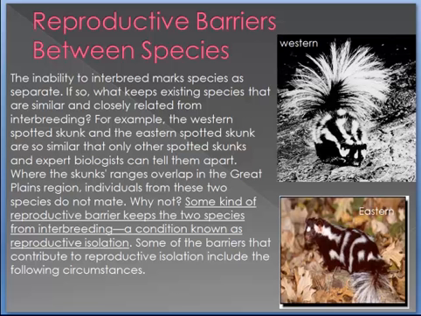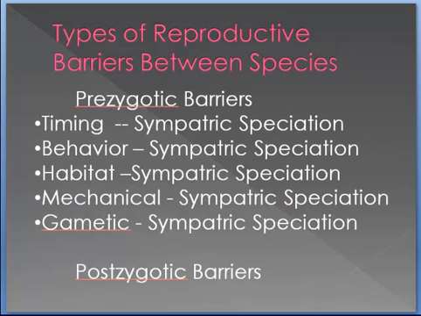Where the skunks' ranges overlap in the Great Plains region, individuals from these 2 species don't actually mate. And we're going to go through some of the reasons why those individuals cannot mate. So a reproductive barrier is just that. It's a barrier that will cause the inability to reproduce with one another. Types of reproductive barriers between species: we actually have 2 major types. We have prezygotic